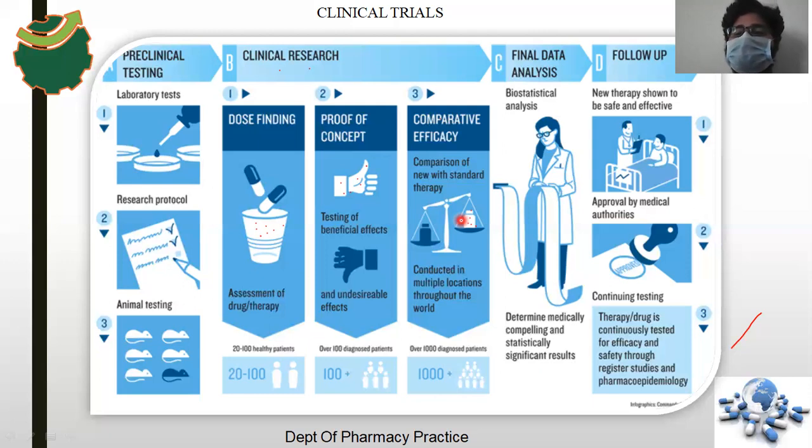You are going to check whether generation 1, generation 2, generation 3 of cephalosporins are active, or whether the new drug in generation 4 is a better version of it. So they'll be comparing the new drug with a standard. That means a drug is already there in the market for this. Your drug is going to make a better improvement in the market, a better improvement for the patient, right? So you'll generate data, you'll go for data analysis, okay?